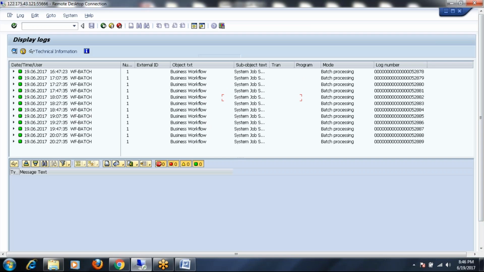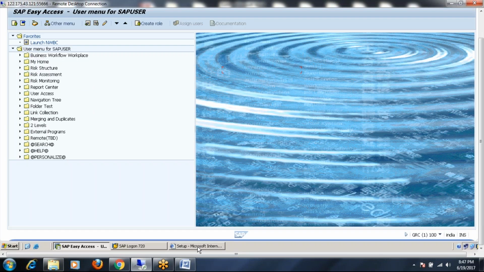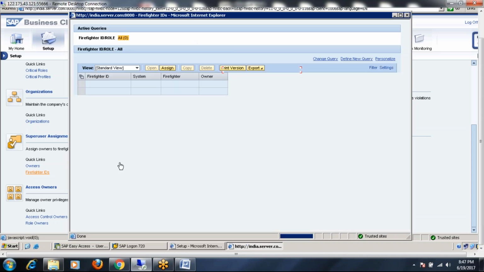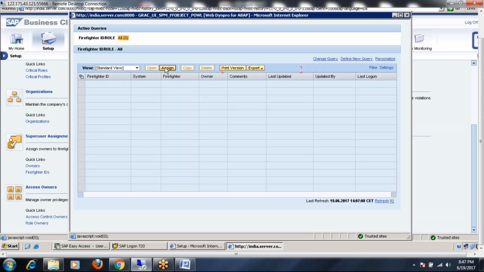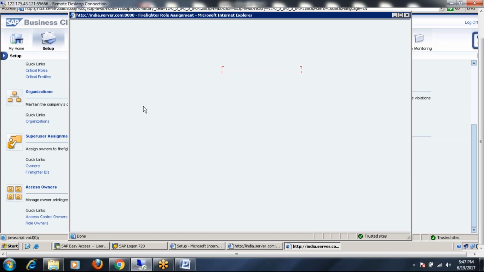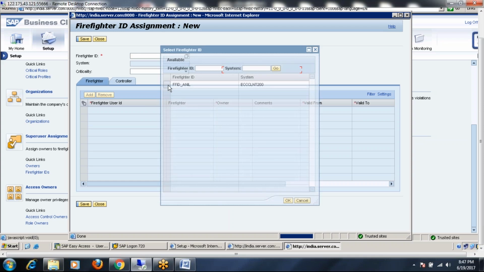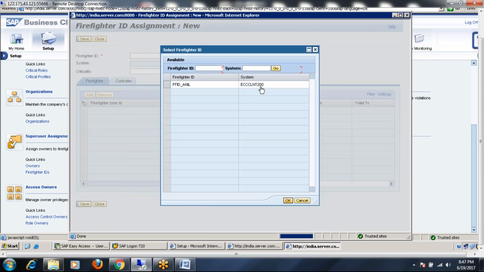So go to the GRC system, go to your NWBC setup page. The linking will be done in NWBC setup. Under setup, you can do it from either super user assignment, firefighter IDs, or super user maintenance, firefighters. Any one of the cases you can do it. So let us go to firefighter IDs and here assign firefighter FFID Anil, which is in this system ECC client 200,